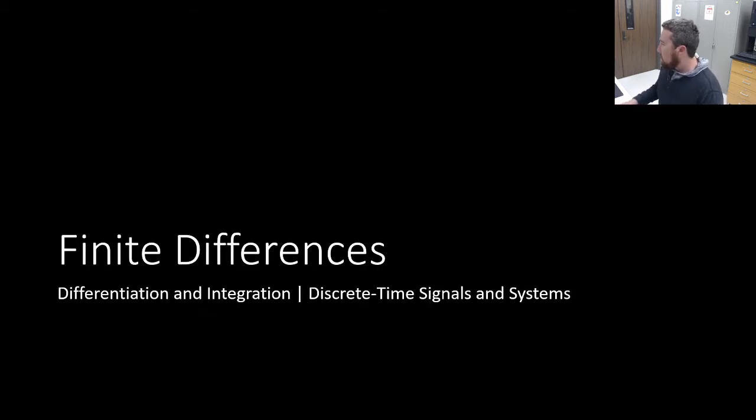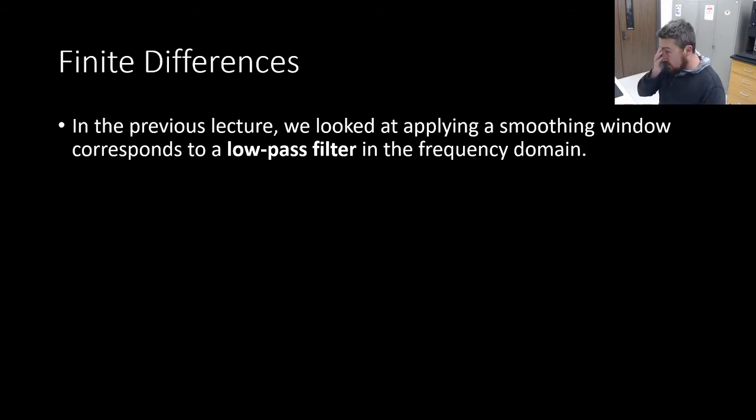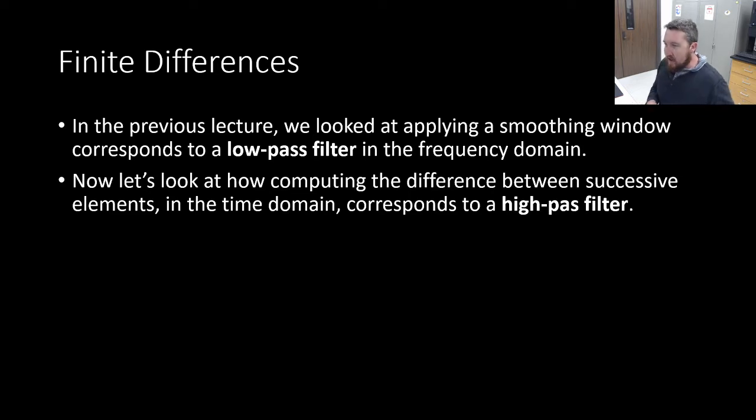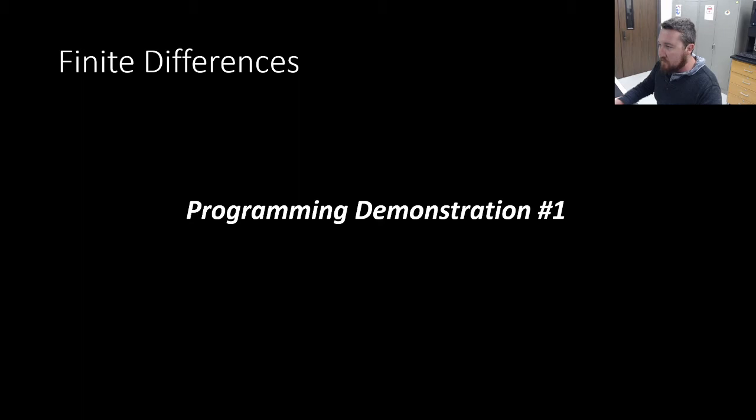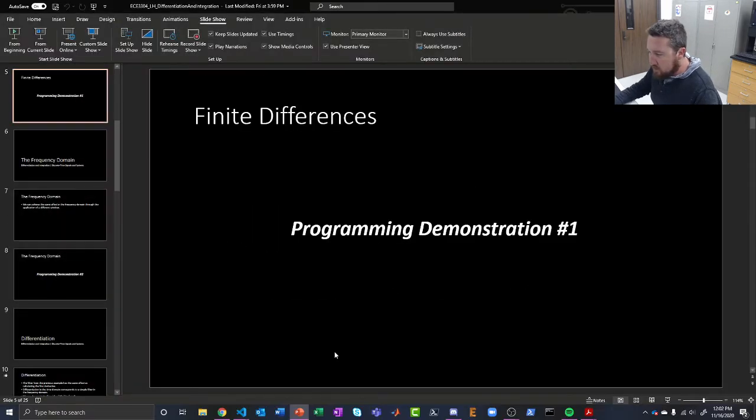So first, let's look at what we call finite differences. In the previous lecture, we looked at how applying a smoothing window corresponds to a low-pass filter in the frequency domain, right? So if we average everything, we end up getting a low-pass filter. What we want to do now is look at how computing the difference between successive elements in the time domain, taking the derivative of the time domain signal, corresponds to a high pass. So this should be a high pass filter, not a high pause filter, but you get the idea. That's what we're going to look at. We're going to look at how we calculate the difference and how that gives us a high pass filter. So first thing, our first demonstration,